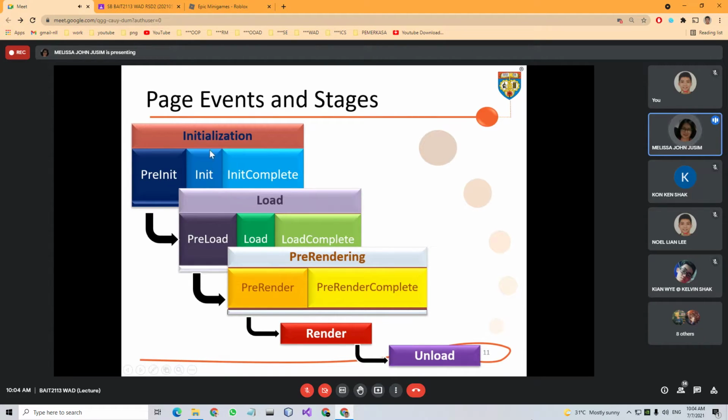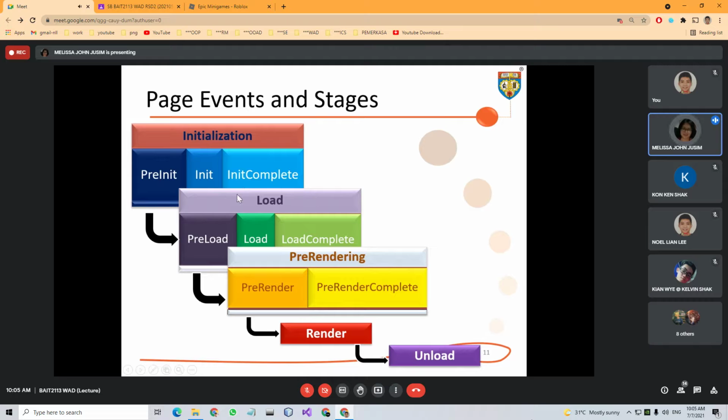So basically, the keyword here is init. If we have any server controls with default values, then that will be included in the initialization: load the server controls' default values. And then during the load, I remember our chapter 3 is also about postback.